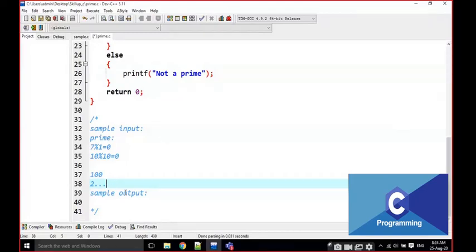For example, I am going to give 98 here. What is the square root of 98? sqrt of 98. It is not exactly finding the square root here, there is some floating point. For example, it is going to be 9 point something. That means every time it is going to check 2 to 9 only. Instead of 98 times, it is going to check only 8 times, 2 to 9.